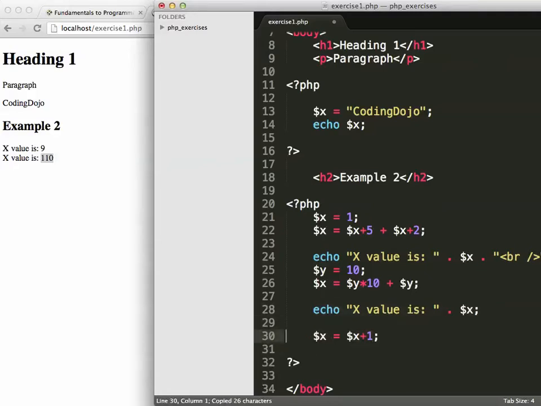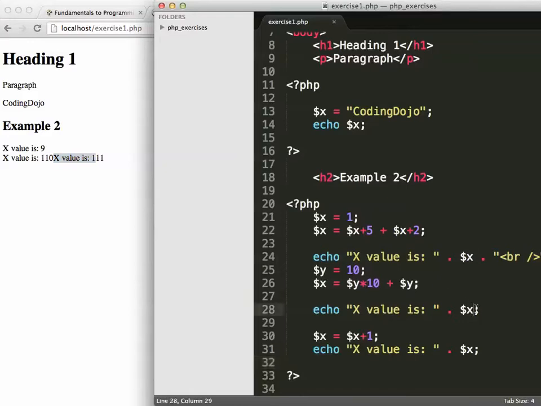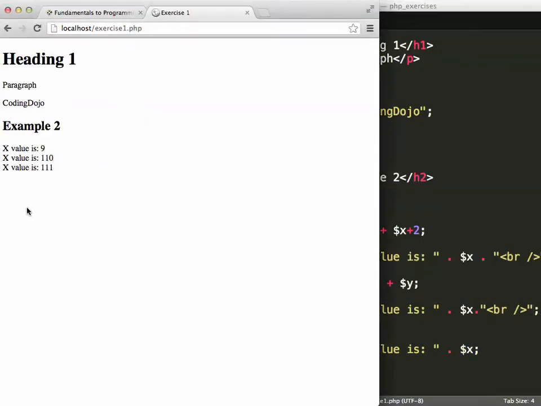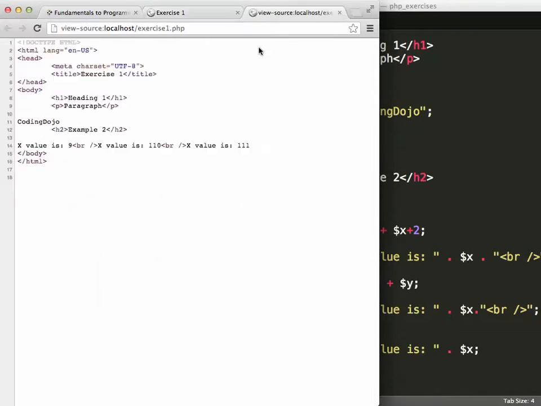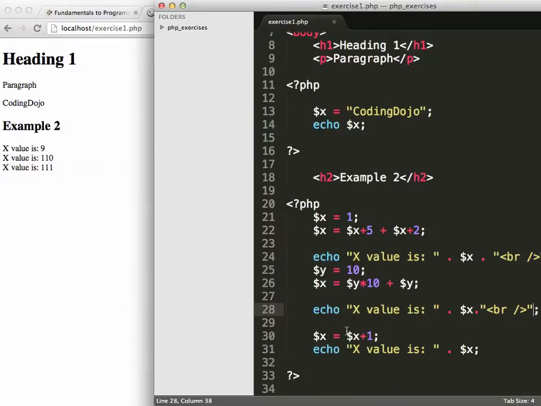Okay, so if I copy this and paste it, it's going to say x value is 111. Now, why did it put it on the same line as that? It's because I can say go to the new line by putting an HTML break statement, and then if I look at the view page source, you can tell it just put a break statement in HTML, and the browser put it on the next line. Alright, so that's really important, that it always does the right-hand computation and then stores the value of that